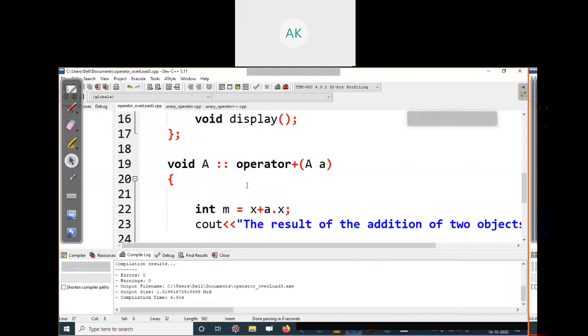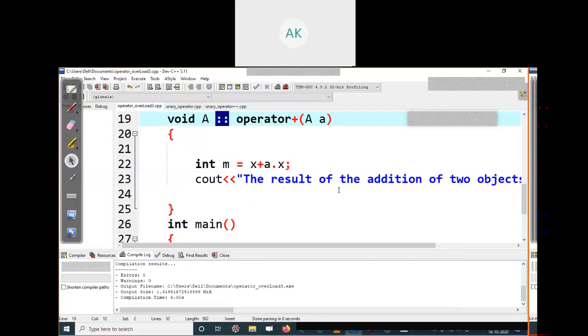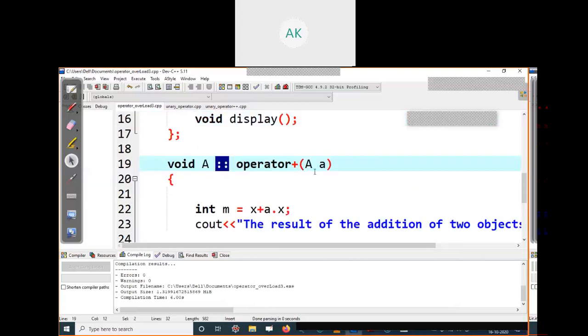When you define your function or operator overloading outside your class, you have to write the class name, which says which class this function or operator overloading belongs to, followed by the scope operator, then your function name. So this is the syntax when you define your function or operator overloading outside your class.